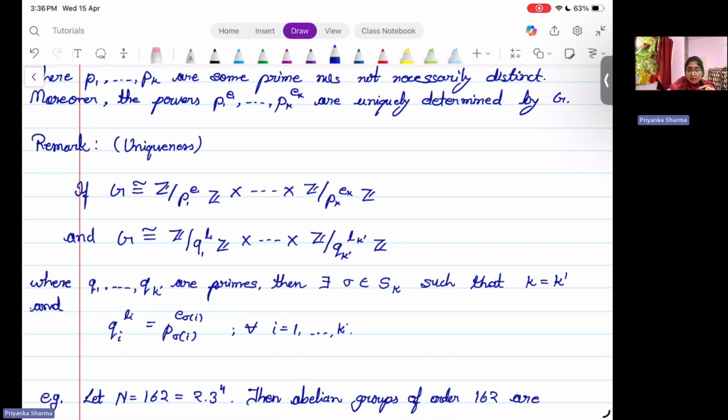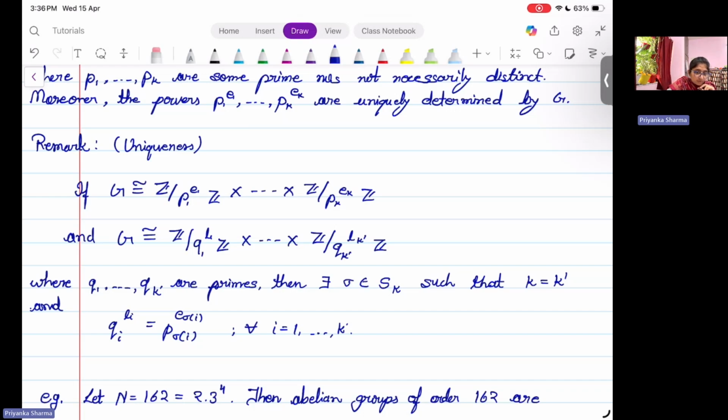Then for the uniqueness, there exists some permutation sigma from Sk such that k and k dash are the same, that is, in both the forms,